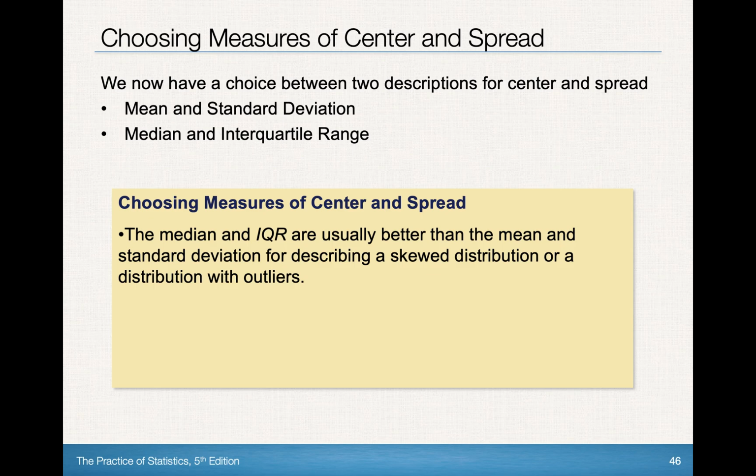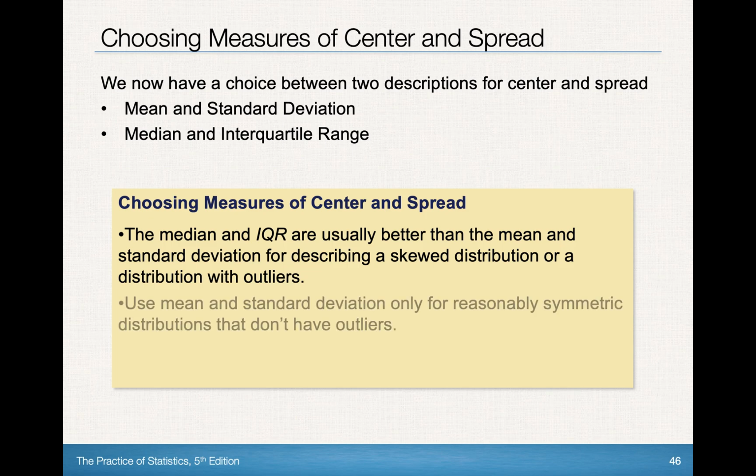The median price of the house in that neighborhood is still just $1,000. Okay, that's the middle number. However, the average, the mean, is much higher than $1,000 because of the one outlier. So it doesn't represent the actual center. So if there is some skewness or outliers, you are to choose the median and IQR to describe the center and the spread. If a distribution looks reasonably symmetric, roughly symmetric, and there's no outliers, you would use the mean